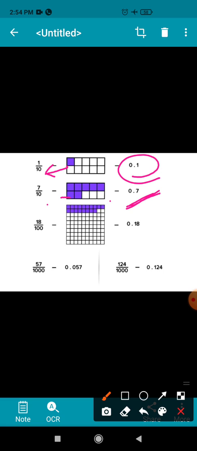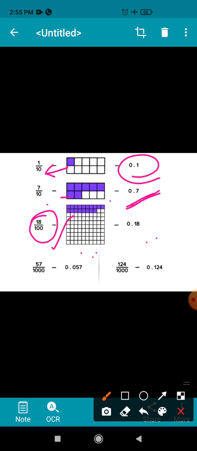Children, the third figure is divided in 100 equal parts, and out of 100 parts, 18 parts are colored. So, the fractional number for this figure will be 18 by 100, and the decimal number for the same figure will be